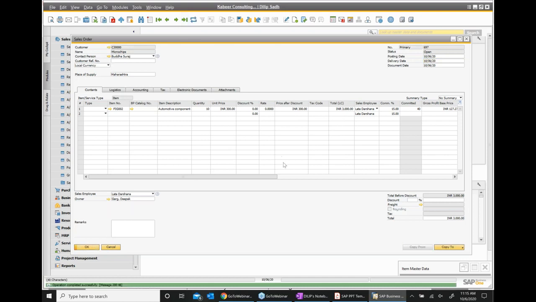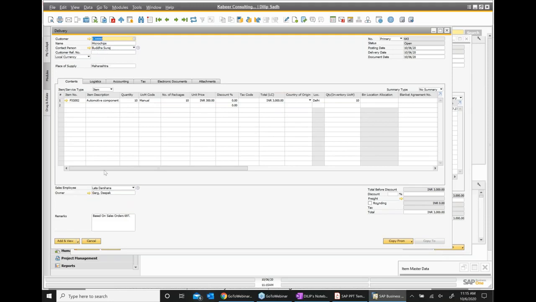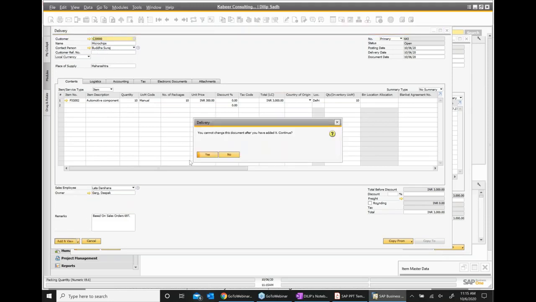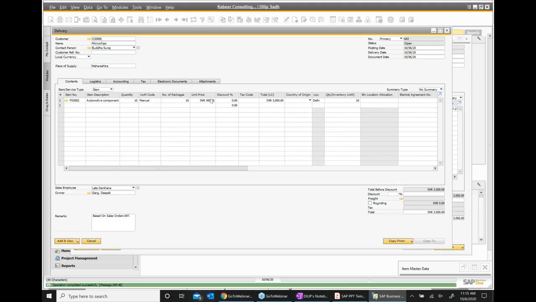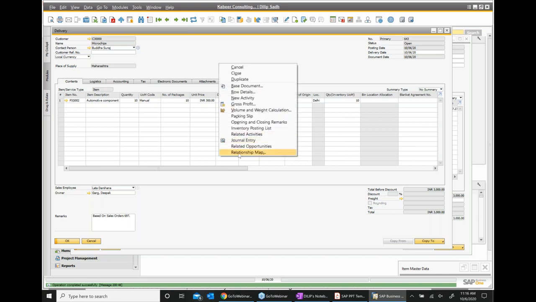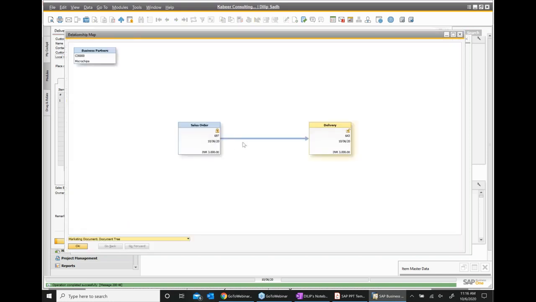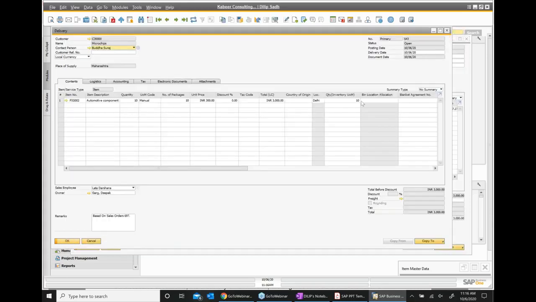The sales order is saved. After that, we create a delivery document. So we copy to the delivery document and save it. What we did: we created a sales order and we created a delivery. These are the two documents we created.